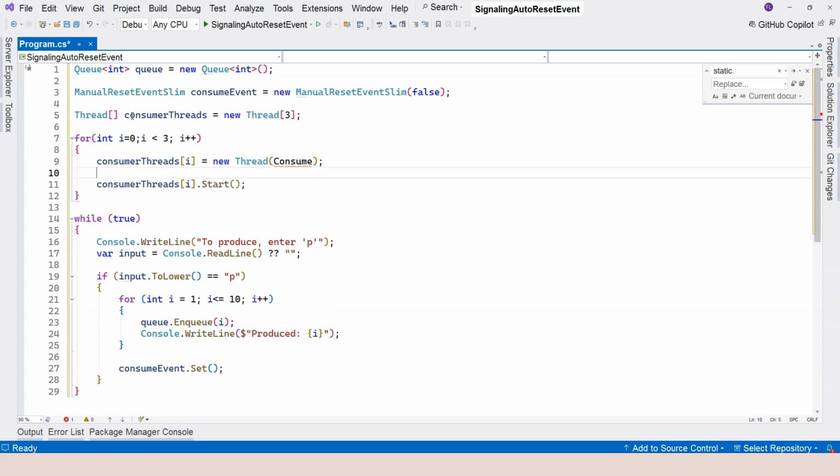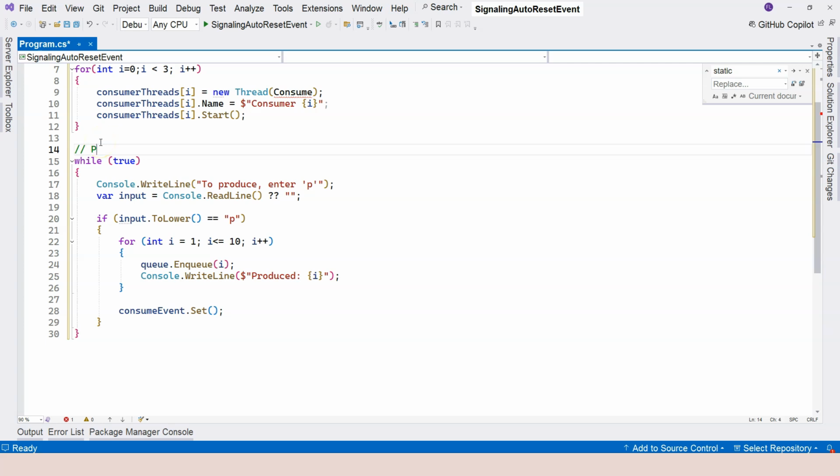Before I start it, I want to give it a name, just so that when I output, I can see the name. So .Name equals consumer, and which consumer? It is the consumer i. All right. Now I'm going to have a comment, so this is producer. Now we're going to define the consumer's